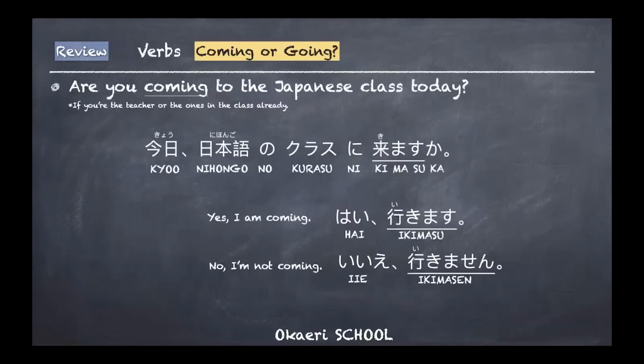That's new to the first grade class, but we did it in the second grade class. So we're getting there. And then, do you remember? This is just a review from last time, when I talked about there's a difference in English when you say coming, but we say going. So, are you coming to the Japanese class today? 今日日本語のクラスに来ますか? Yes, I'm coming. This coming is 行きます, which means to go in Japanese. はい、行きます。No, I'm not coming. いいえ、行きません。